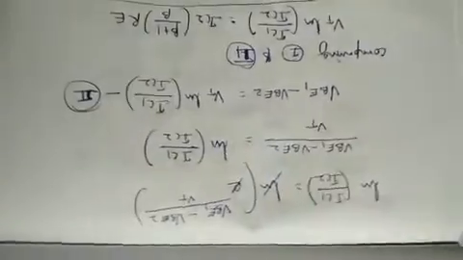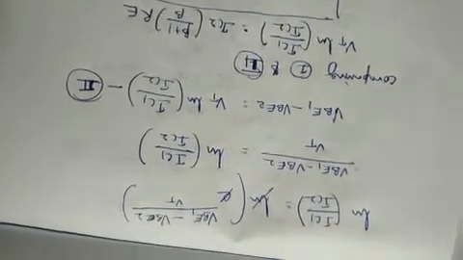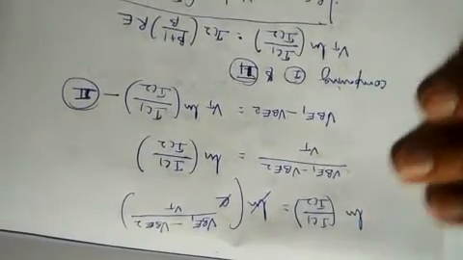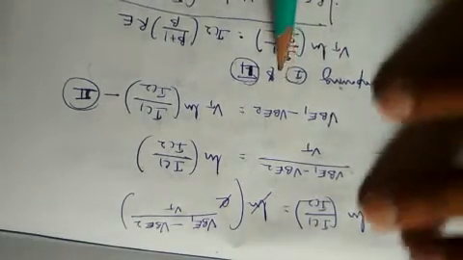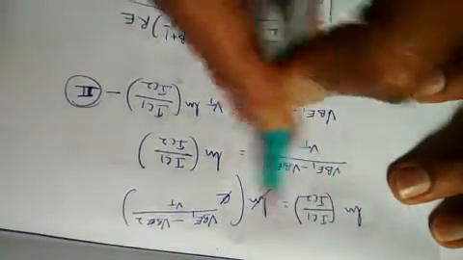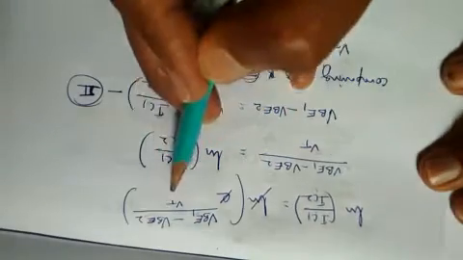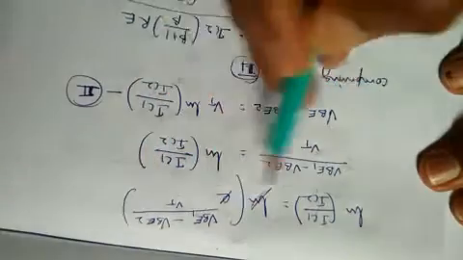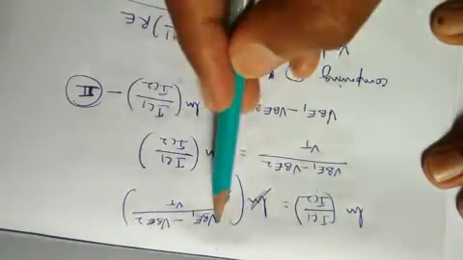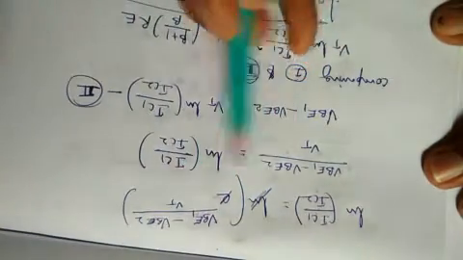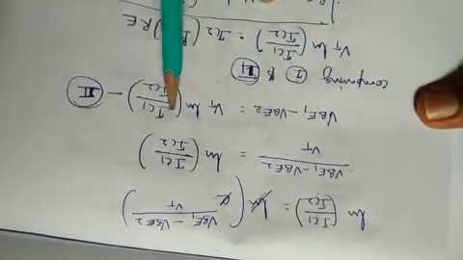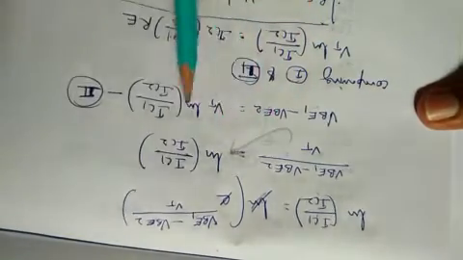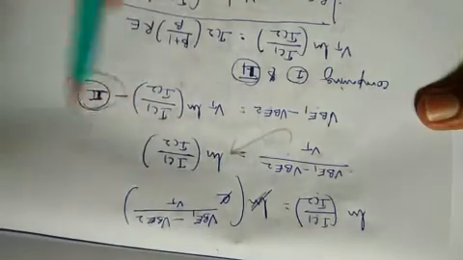From 8, the exponential on the right hand side can be removed by taking the natural logarithm on both sides of the equation. So ln of IC1 by IC2 equals ln of exponential of VB1 minus VB2 by Vt. So ln and exponential cancel each other. The remaining term, VB1 minus VB2 by Vt, will be ln of IC1 by IC2. From this, VB1 minus VB2 equals Vt into ln of IC1 by IC2, moving this Vt to the right hand side. Name this as equation 2.